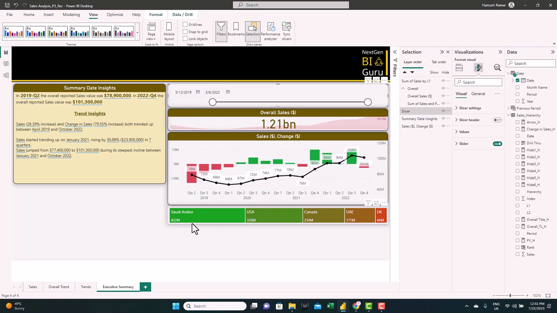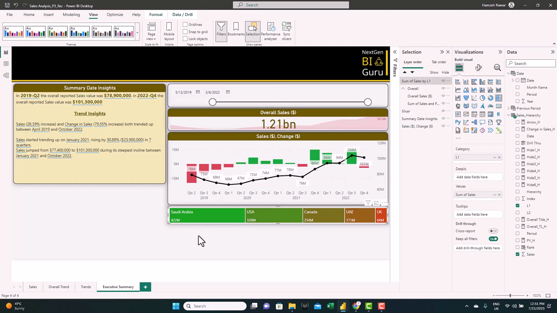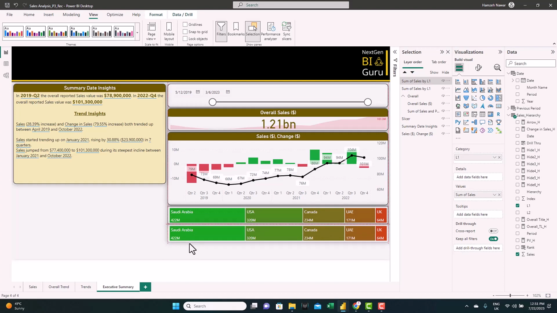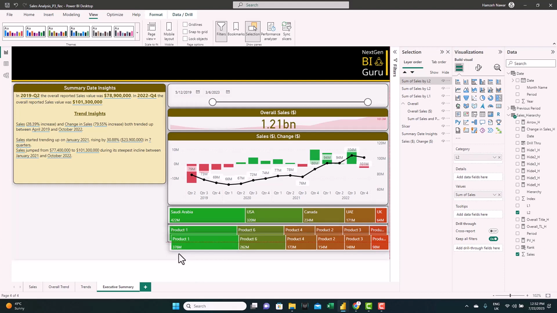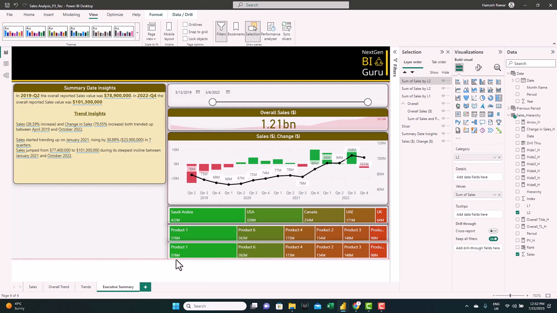Now let's repeat the same process now for the products. Let's copy the visual, move it just below the country visual and feed in L2 for products. And again, repeat this one more time. For this visual, we want to show how the sales change from quarter to another.